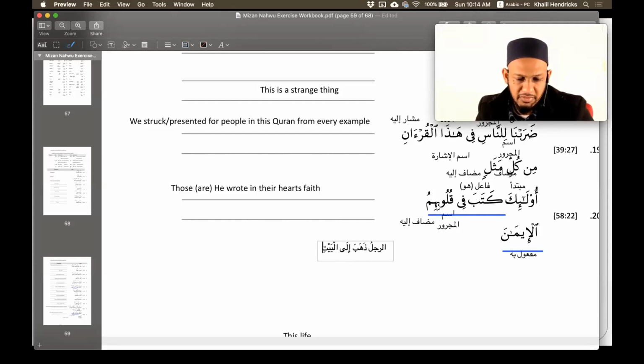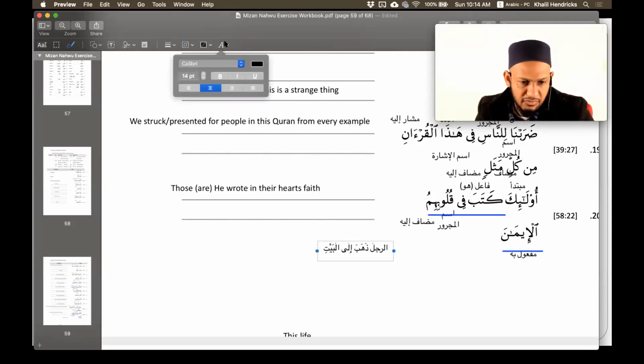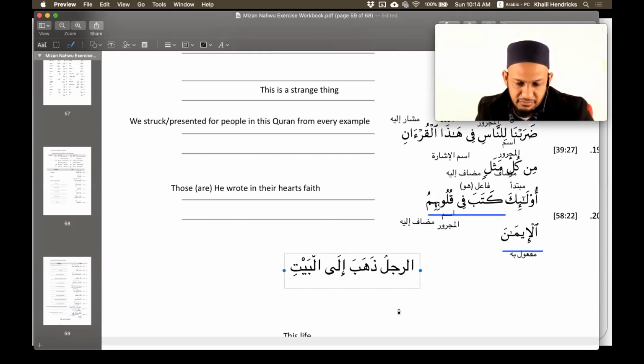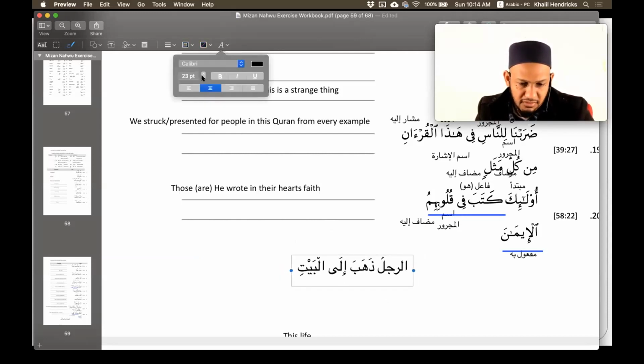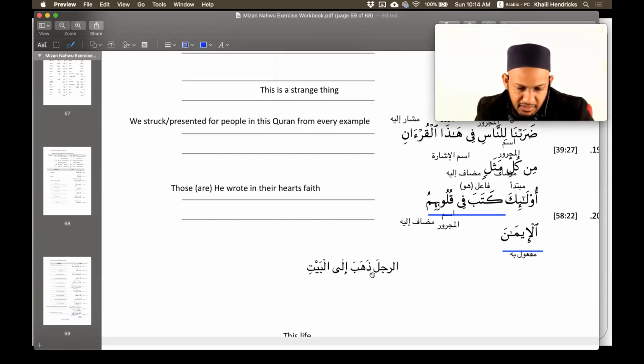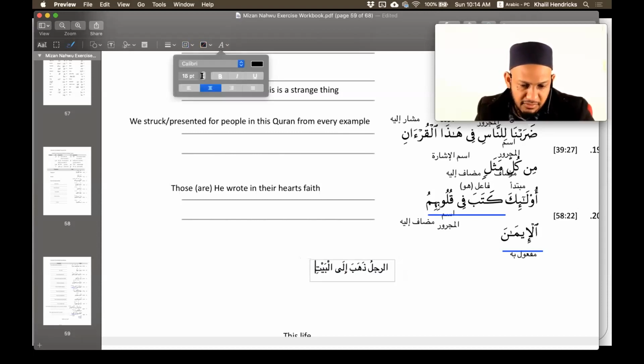إلى البيت. How do you translate the sentence here? But if you can come back and you can just be the student quickly. What is dhahaba again, Maulana? Dhahaba means went. And that's arajulu. Arajulu, yes. The man went to the house. The man went to the house. Arajulu, I don't know why this thing is showing the u there, but arajulu is the man went to the